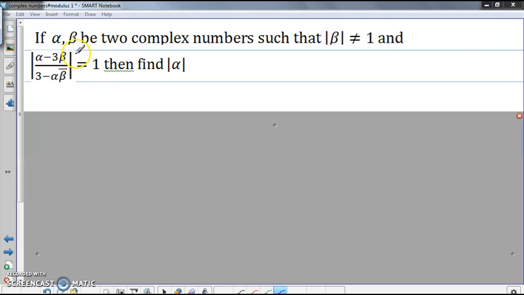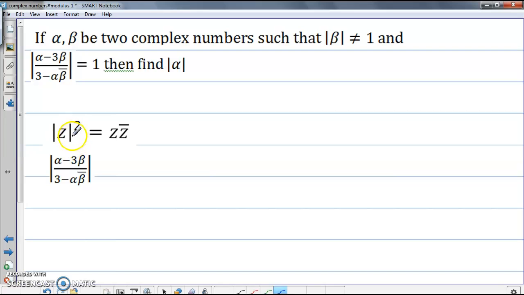In the next problem, we want to find mod of alpha minus 3 beta upon 3 minus alpha beta conjugate. Again, using mod z square is equal to z conjugate, for this expression, we have mod of this square is equal to alpha minus 3 beta upon 3 minus alpha beta conjugate times